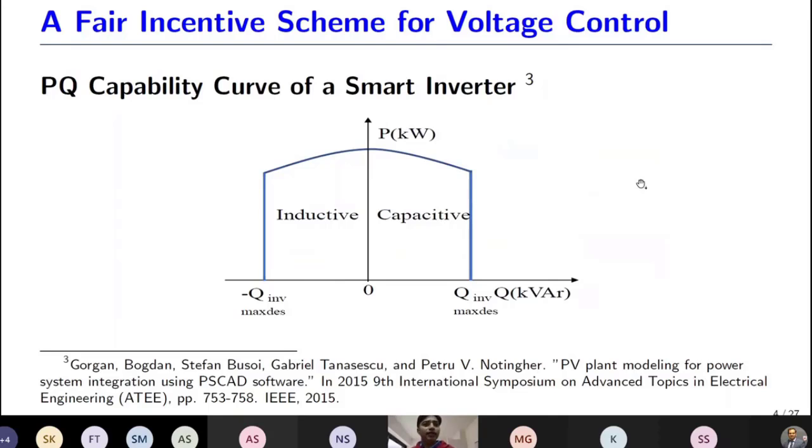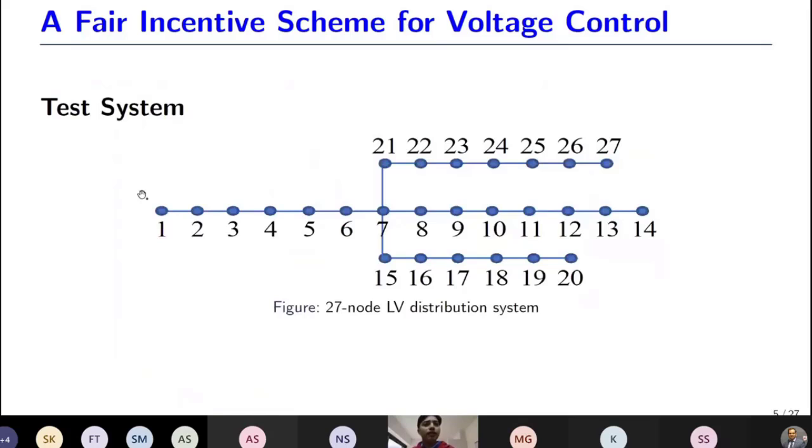So this is a simple test system for the analysis. Suppose number one is a distribution transformer, and these are the nodes where load demand and solar inverters are connected. Suppose the solar generation is high and there is a reverse power flow from 27 toward 1, or from 14 to 1. During such reverse power flow there may be a high voltage rise scenario. Suppose nodes number 4 and number 26 are injecting equal active power, say 6 kilowatt each.